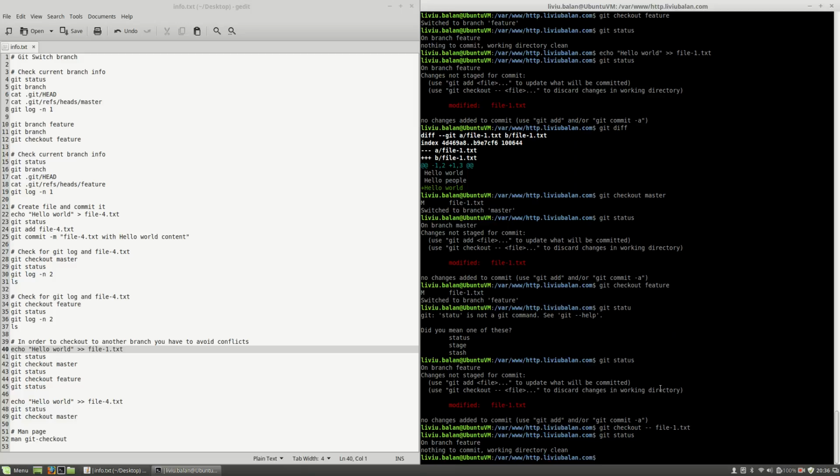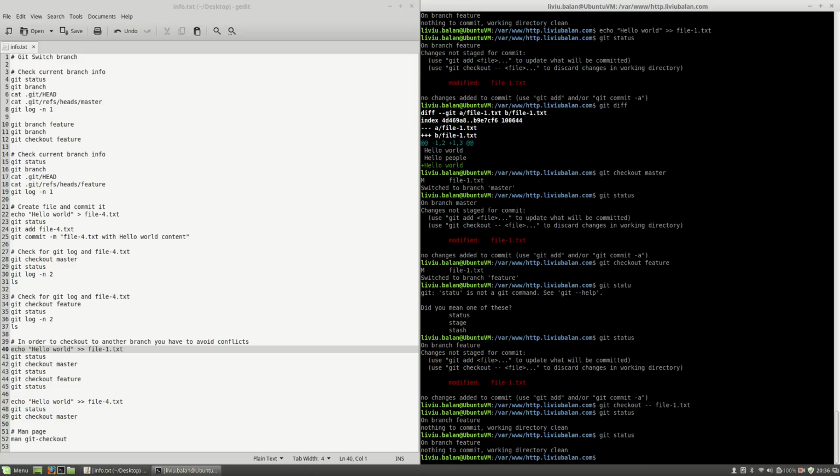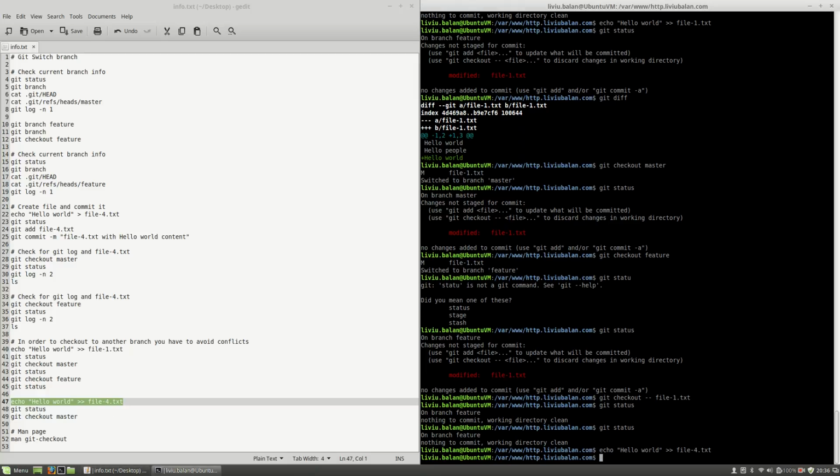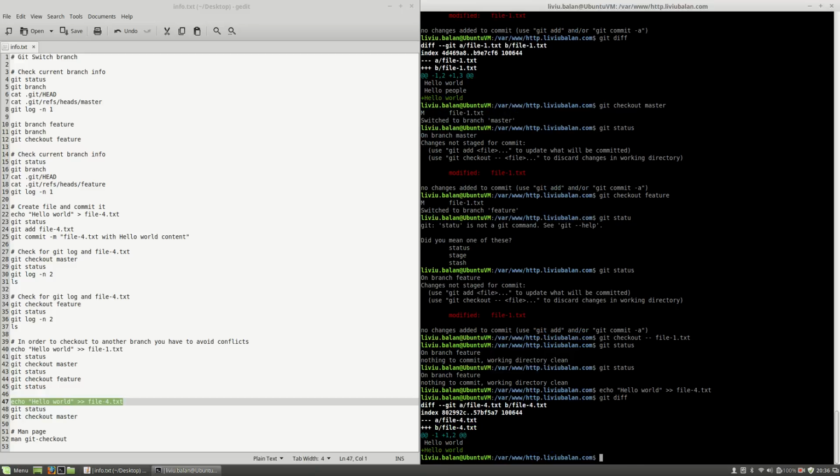Now, if I type git status again, and let's change the content of file-4.txt by using the echo command, hit the enter key. Let's see some diffs using git diff. As you can see, the hello world were added to file-4.txt. And now if I want to switch to the master branch using git checkout master,